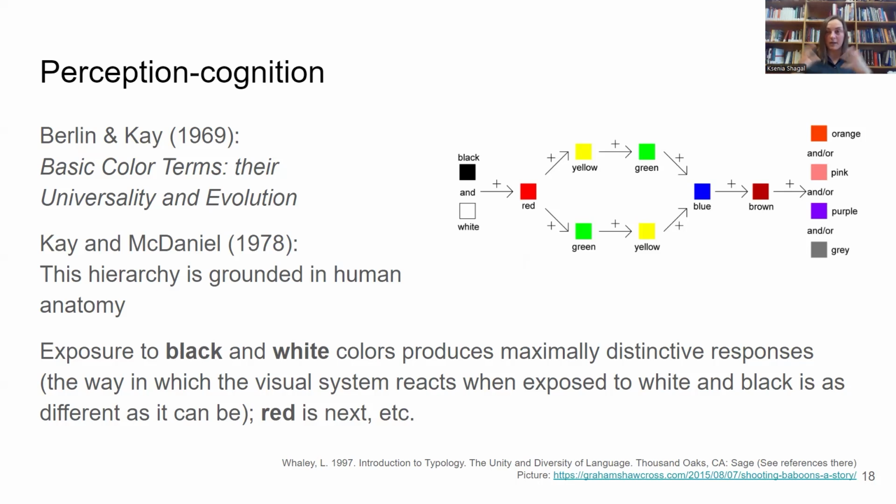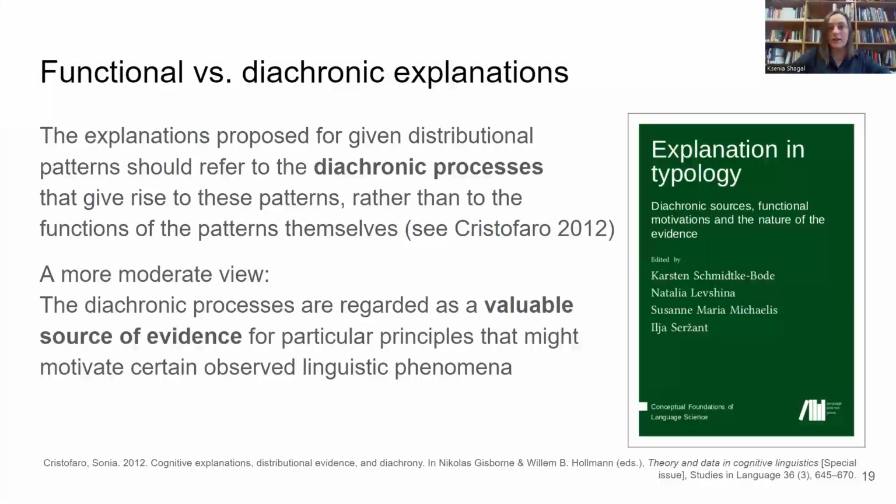So this means that this typological generalization that we can make based on a sample of languages is grounded in how humans simply perceive color. So this is again explaining this with some cognitive abilities. So it's external to language system. So these are functional explanations. Languages tend to behave in a certain way, and this way is supposed to be beneficial for the language to be functioning, basically. But this is all fairly synchronic still, even though we refer to those attractor states,